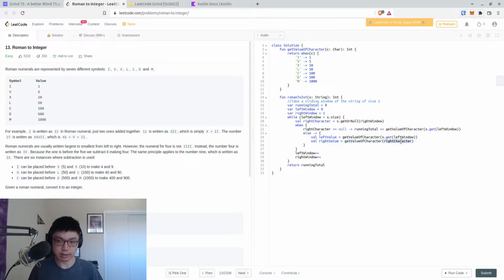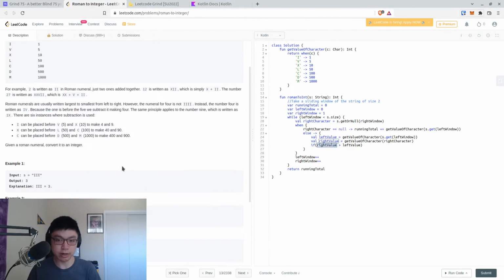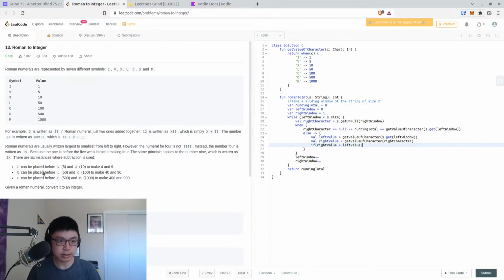So we know that this right character is not null, otherwise it would have been tripped by this. We know that the left window is not null, or at least we know that as a developer. Maybe the compiler doesn't know that. If right value is greater than left value, so if the value on the right part of the string is greater than the left part of the string, so basically if it's an I before a V or an X,